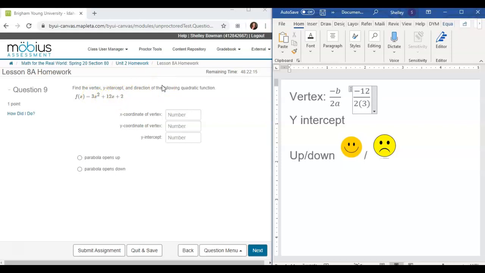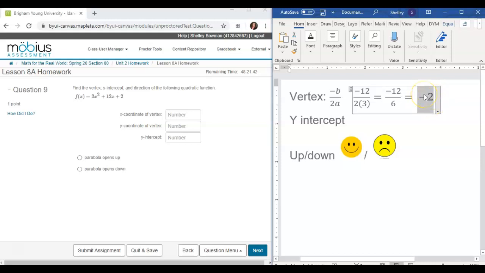So I have equals negative 12 over 3 times 2 times 3. We'll copy this so that I can show my steps. 2 times 3 is positive 6. Negative 12 divided by positive 6 is negative 2, and this is the x-coordinate of the vertex. But we need the y-coordinate because the vertex is an xy coordinate. So we need to take this and